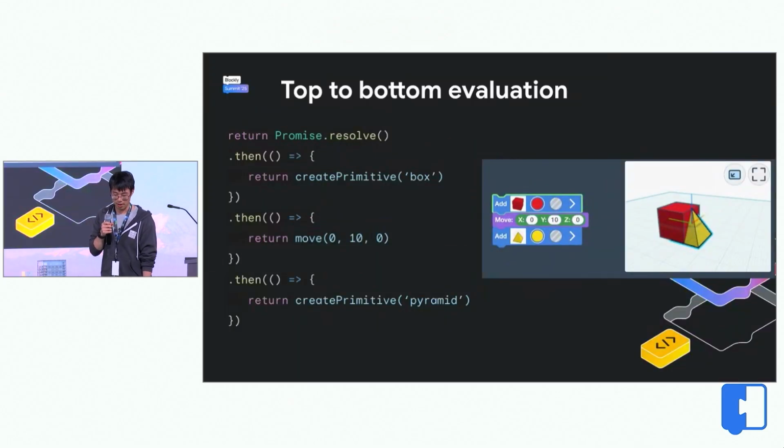Just to give you an idea of what gets generated, the user doesn't see any of this. This is just what we feed into our 3D engine. When you execute the code, this is some of the pseudocode that we have on the right. We build this long promise chain to make sure each action is done in order. And if separate stacks are in the workspace, then based on their position, they get added to this promise chain